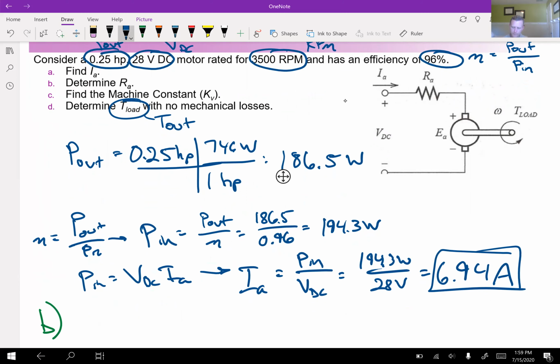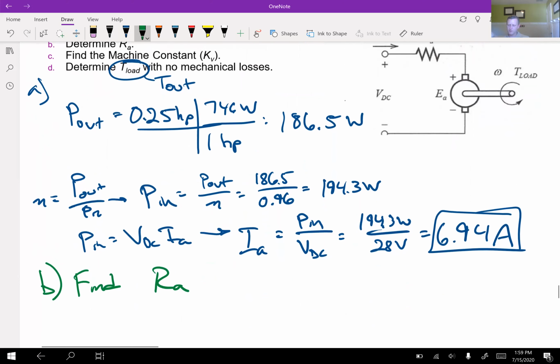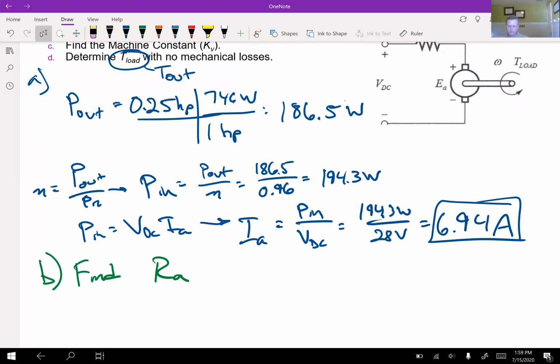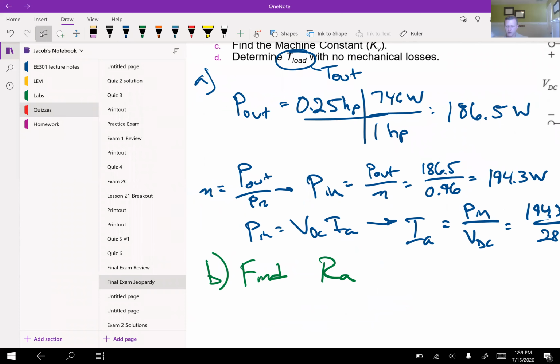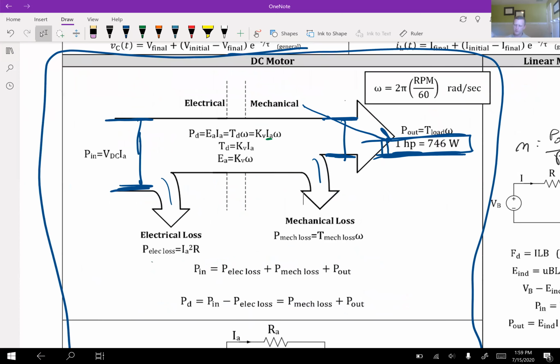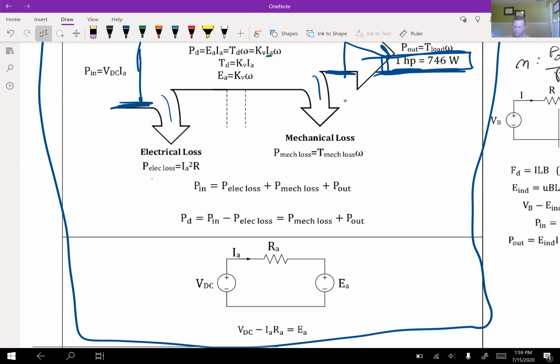Part B is I'm finding the resistance. How do I find the resistance? Well, let's look at where the resistance even shows up inside of our equation sheets. The only place where resistance shows up, I guess there's two. There's one at the bottom, but because nothing is being discussed about an induced voltage,